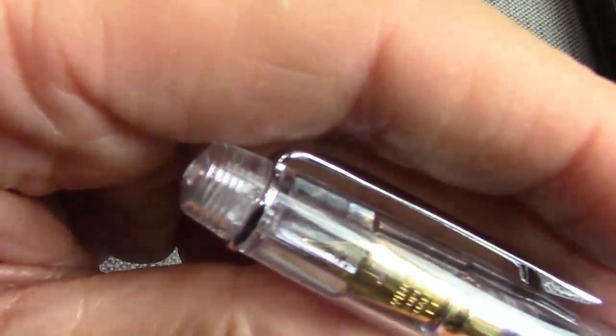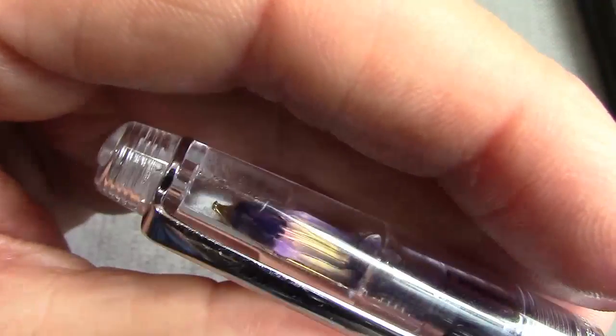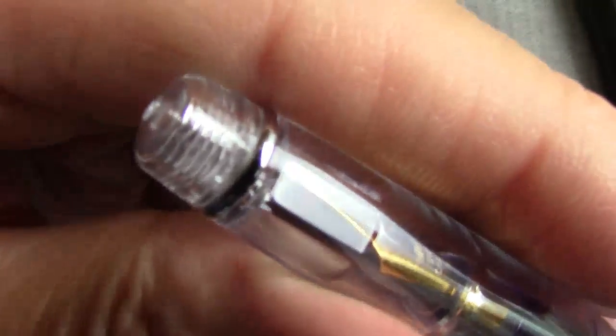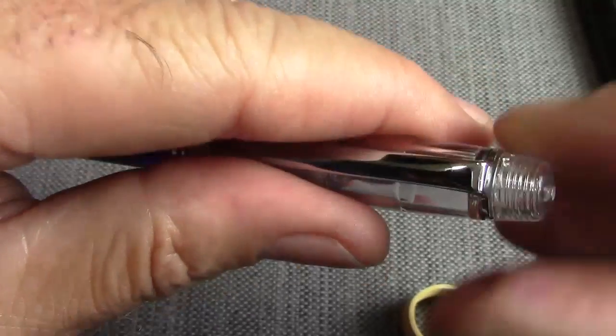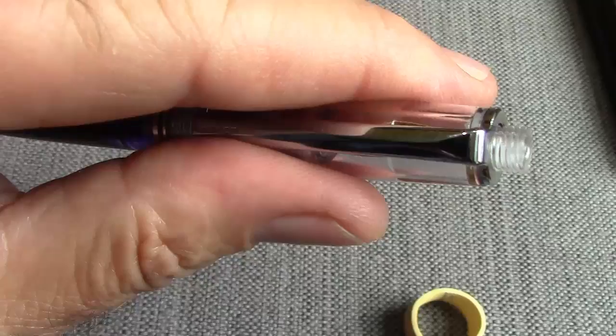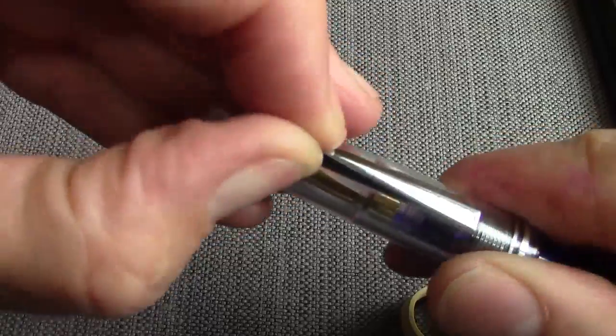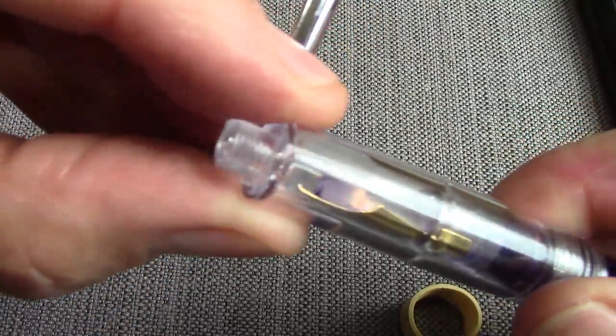I'm always interested in how pens are put together and made, and when looking at this pen, I noticed what appear to be threads here at the top, so I'm just wondering if this cap comes off, and it does. It unscrews. Let me drop it. And the clip just is keyed into place onto that little extension off the top of the cap. It's very clean